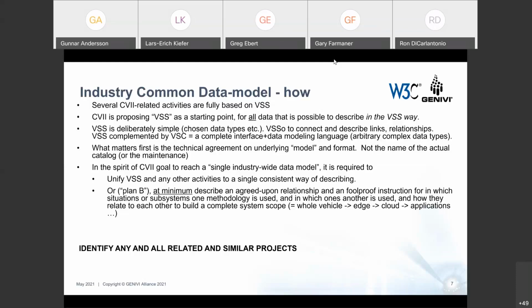VSS is deliberately simple, chosen data types, so there is a usage for that, and there's a strength in that. But sometimes we need to look at, not jump to a more complex model because it can do everything, but rather look at how we create that combination and that usage of these different tools. VSSO is there to connect and describe links and relationships, a very interesting